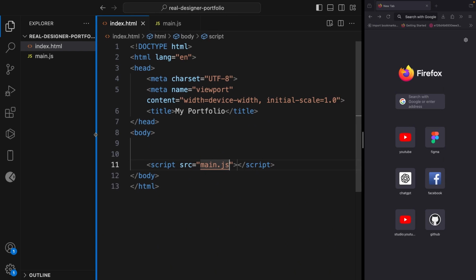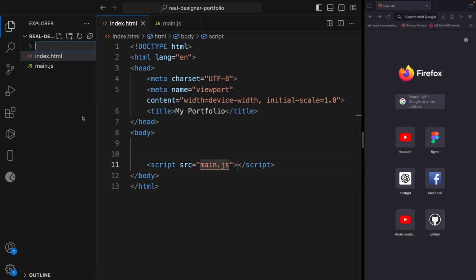Now, let's create a folder by clicking on this folder icon. Let's call the folder CSS. So here we're going to be creating our CSS file. All right. Now, the next thing we're going to create, let's create another folder. Let's call it